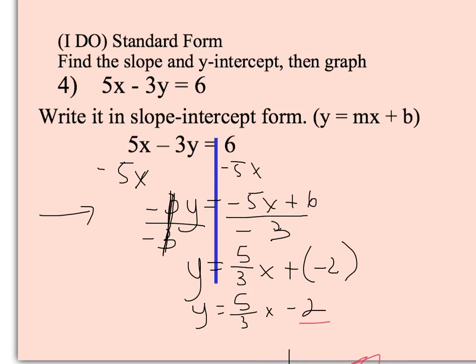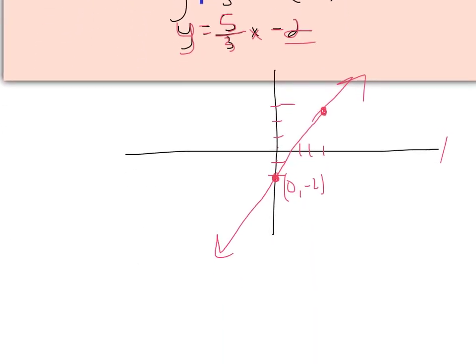On the left I have y by itself. A negative divided by a negative is positive, so 5 over 3x. 6 divided by negative 3 is negative 2. Another way to rewrite this, instead of having plus negative 2, is y is equal to 5/3 x minus 2. The next step is to graph. Here I started my graph at negative 2 on the y. I rose 5, I went up 5 and to the right